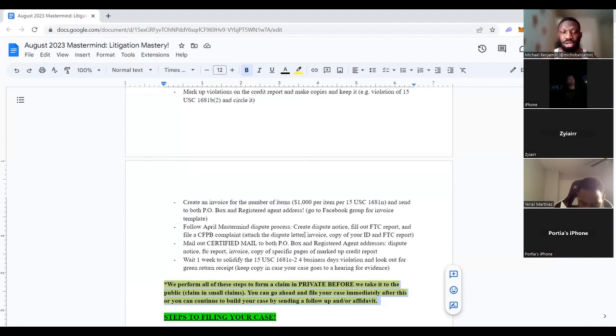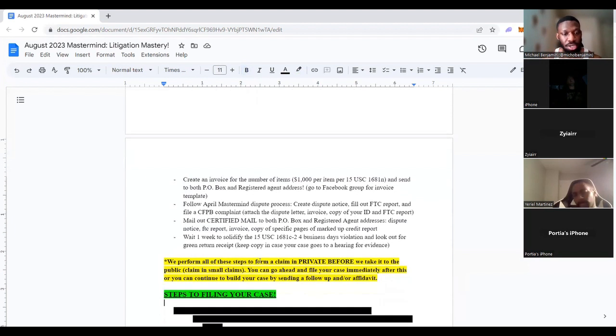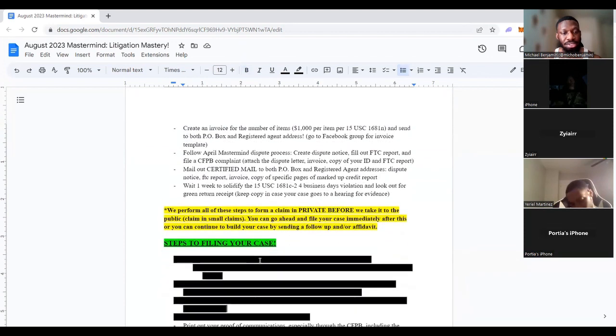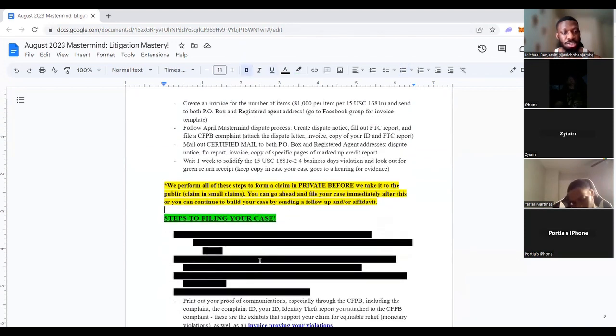If you send a debt validation for a collection, now you could do the April mastermind method. You know, it's so many different ways you can do it. You can send an affidavit, you know, requesting that they remove it, requesting that they sign under penalty of perjury that they didn't violate you, that kind of thing. So everything is pretty much custom. There's certain steps that everyone's gonna do, like the April mastermind method, but your process is your process. So let's talk about actually filing your case. So this is gonna be